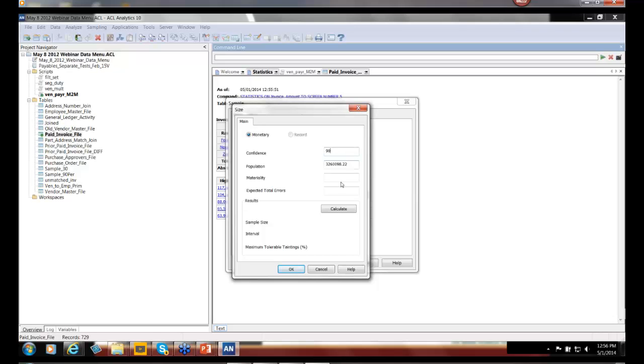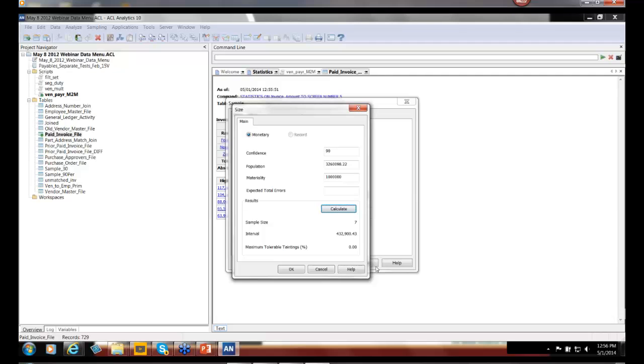The confidence in this case, again, you could have 90%. Your materiality might be $1 million, let's say, for the company, and then the expected total errors from a dollar point of view that you could put in there as well. But let's keep it at 0 just for fun, and it comes up with a sample size of 7, and that it's set up an interval of 432,000 that it's going to go through the data file and essentially